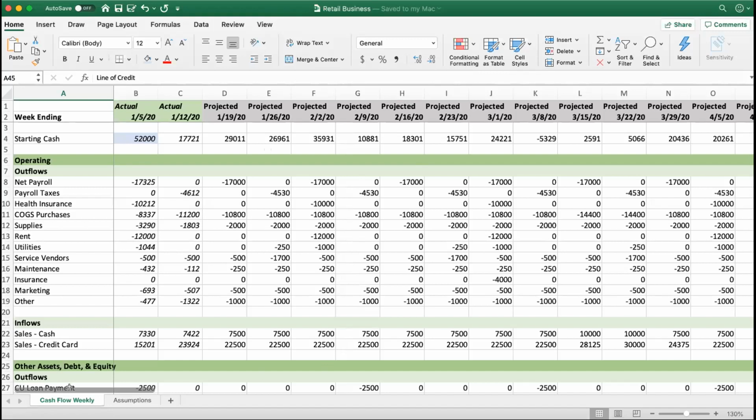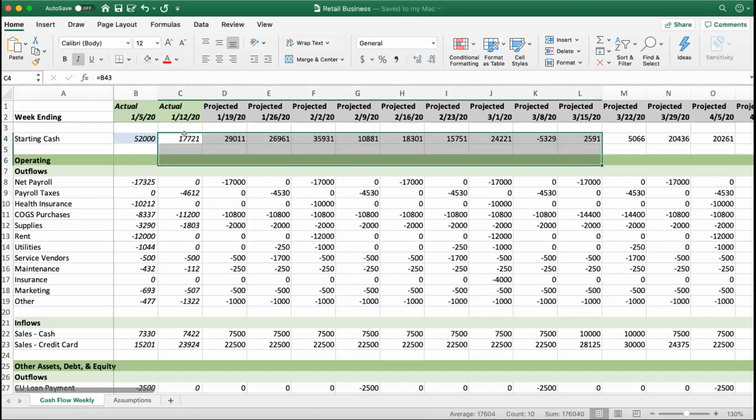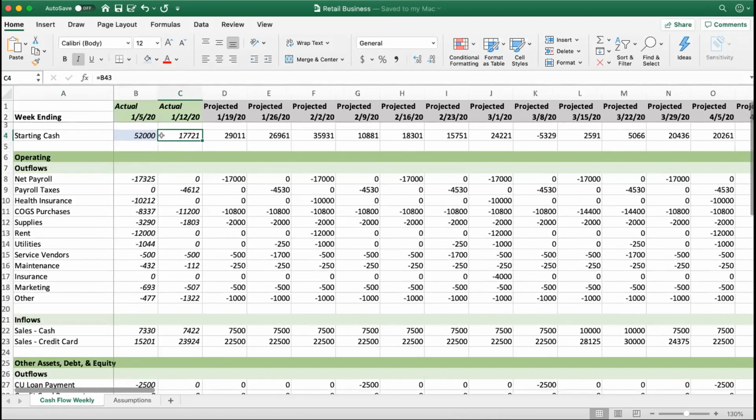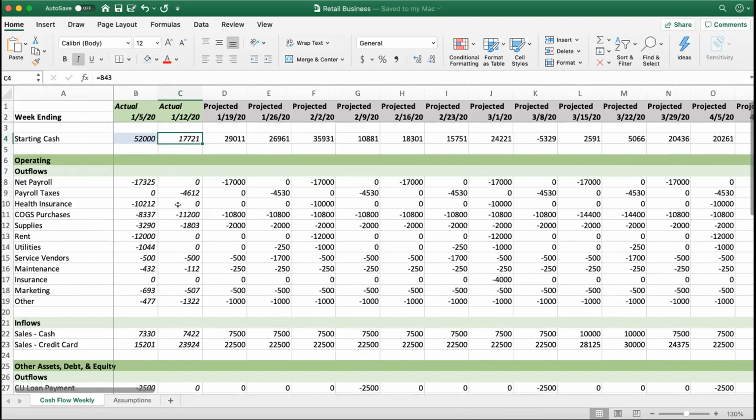Sorry, managing windows. Okay, so basically what I've done here is we've got a week to week. So this is the week ending all of these weeks. I just used a +7, -7. I started somewhere. My weeks are ending on Sundays. Just pick one and be consistent. I've entered starting cash. This is just all of the cash in the bank that is available for spending. And then the rest of it is calculated out by basically this then just links to the ending cash from the previous week, which is calculated out by the data that is included in here.